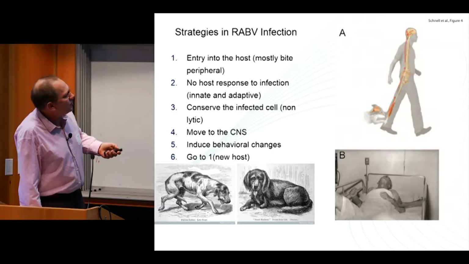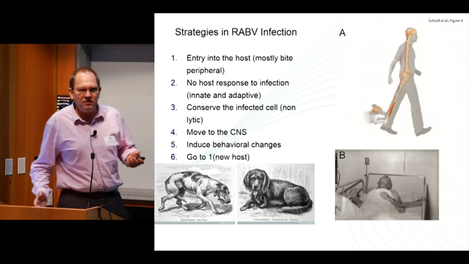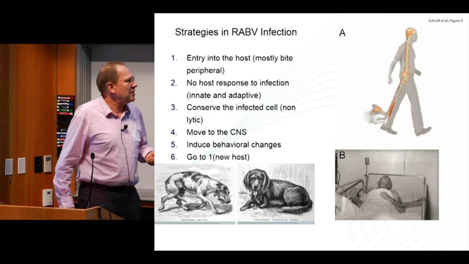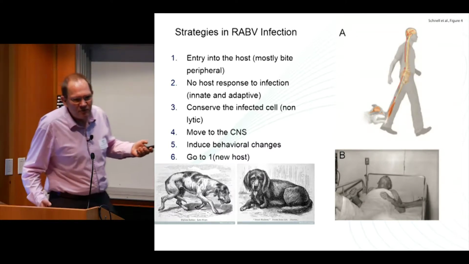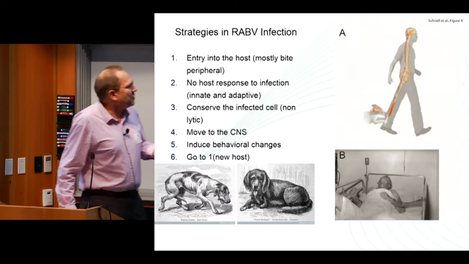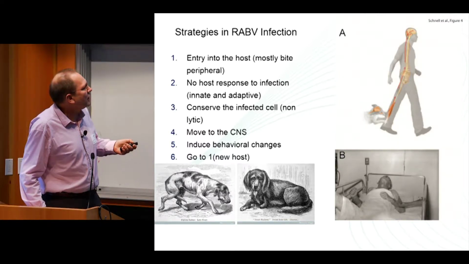And then you have the 2 forms. This is an older picture. If you have symptoms of rabies, there's really not a lot we can do for you. They just restrained people, and so now we put them in a coma, and you basically wait until they die. There's some publication about therapeutics, which I think are not really working.